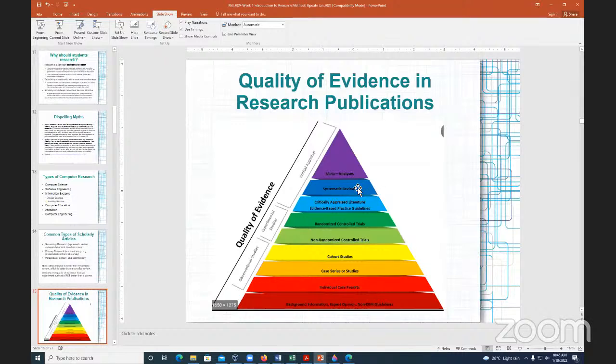So here's my next question. Any one of these papers is normally published in journals or conference proceedings. From an academic point of view, journals and conference proceedings are actually better than books. So a peer-reviewed journal is better than a conference proceeding, which is better than a book in general. There may be exceptions, but I'm making a generalization. And even within journals, there are better journals than others.